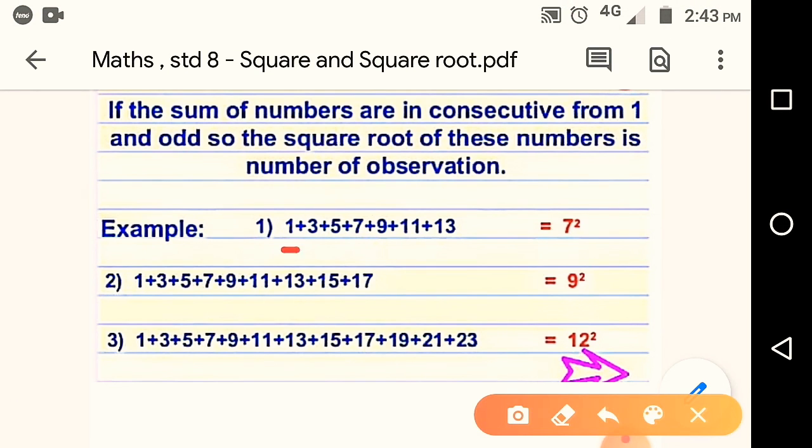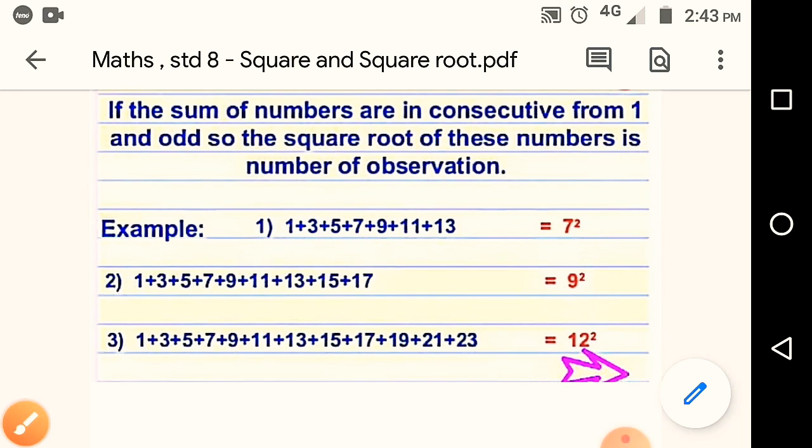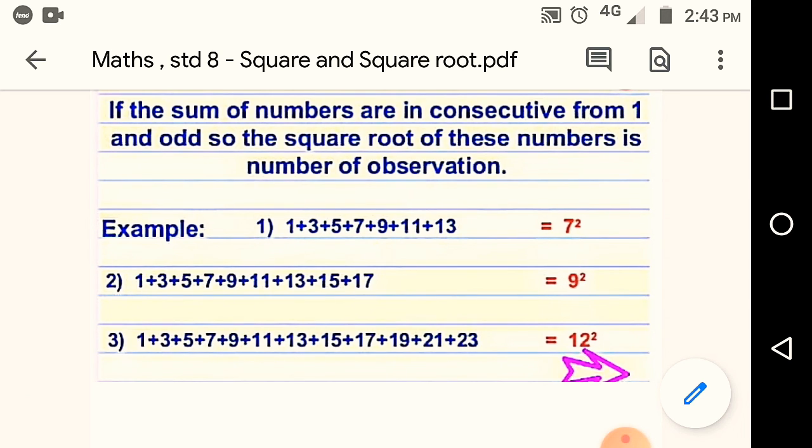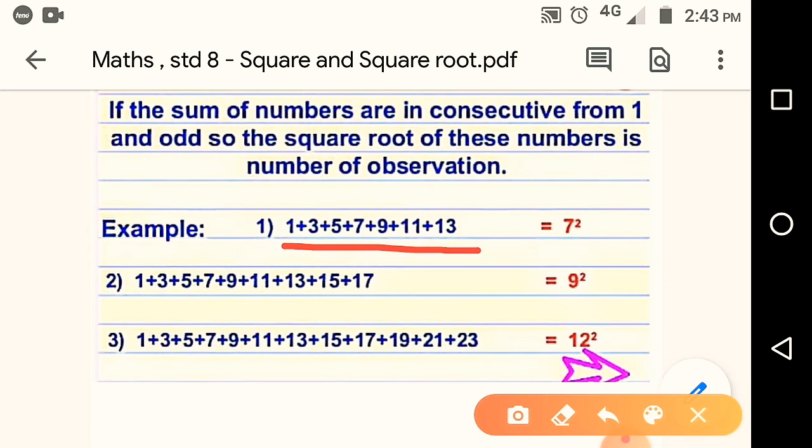See, these are all odd numbers, all odd numbers in a sequence. They are not taken randomly from the middle; all the odd numbers in the line are taken. For example, 1 is taken, then after 1 the next odd number is 3, after 3 is 5, then 7, then 9, 11 and 13. Sorry, 10 is not there. So these are all odd numbers. If you add all the odd numbers, you get one pattern. You have to count how many odd numbers you have taken. So this is 1, 2, 3, 4, 5, 6 and 7. We have taken a total of 7 odd numbers.